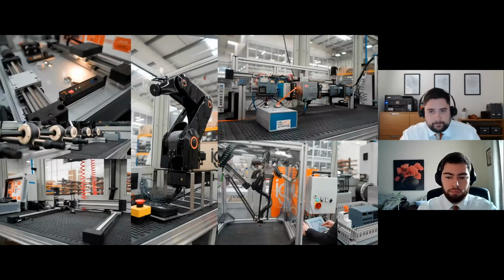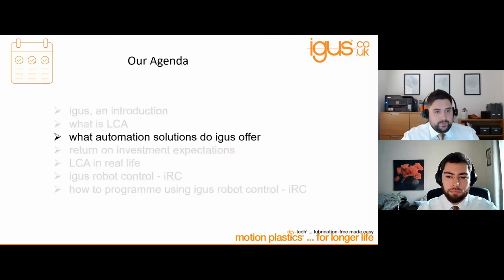Those main points are the whole philosophy behind what I'm going to show you in a second. And all whilst automating tasks, we want to upskill the workers that were doing those tasks, so they can go on to do something that's maybe a bit more difficult for a robot to do. So what solutions do Aegis offer? What are the main solutions? There's actually quite a few.